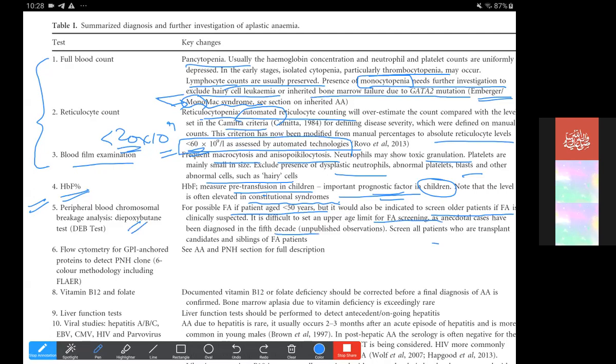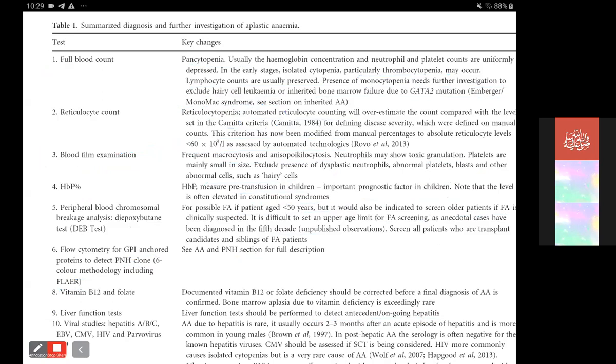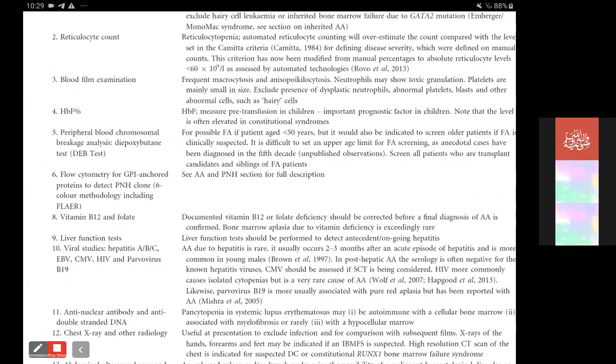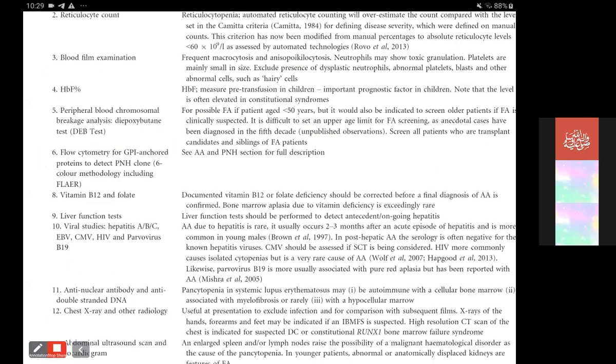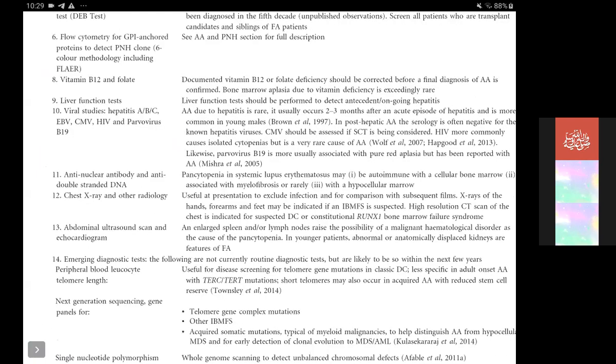Patients who are transplant candidates, with cytopenia and liver disorders, should be screened. This can even be aplastic anemia. And in the viral serology, not only hepatitis A, B, C, but also EBV, CMV, HIV and